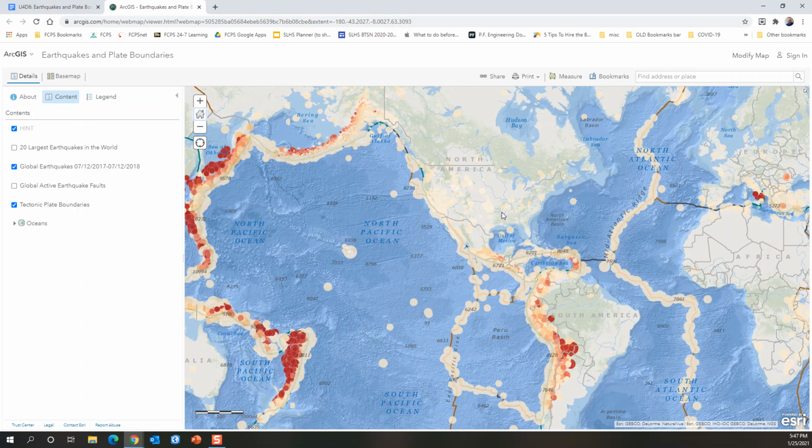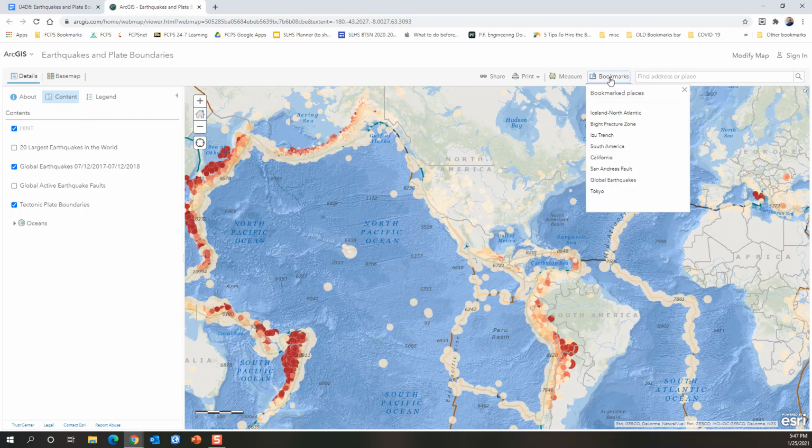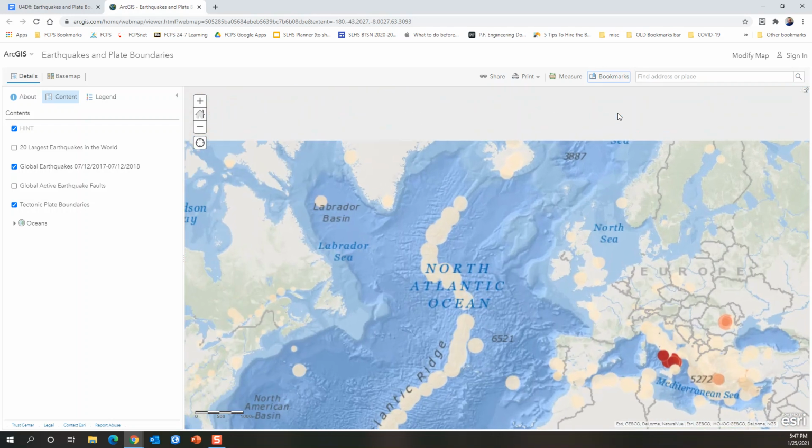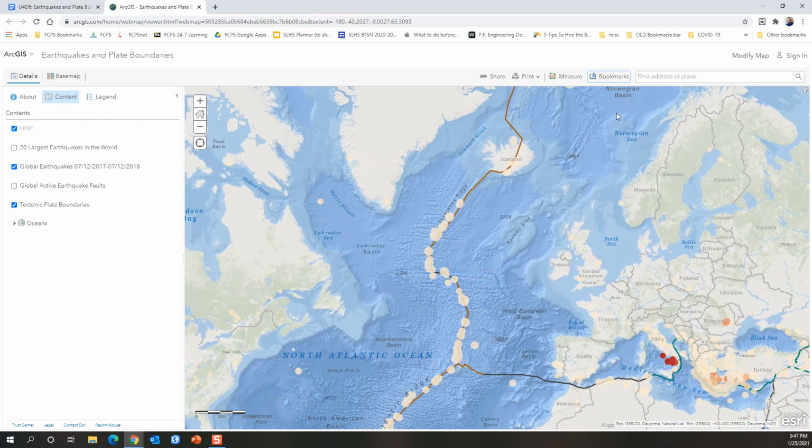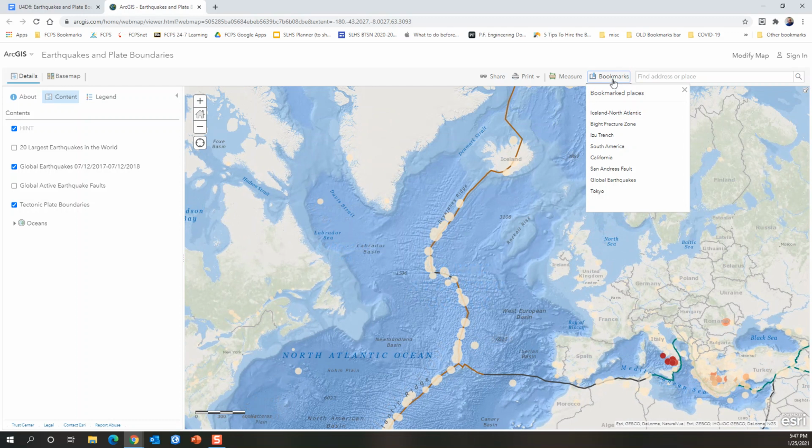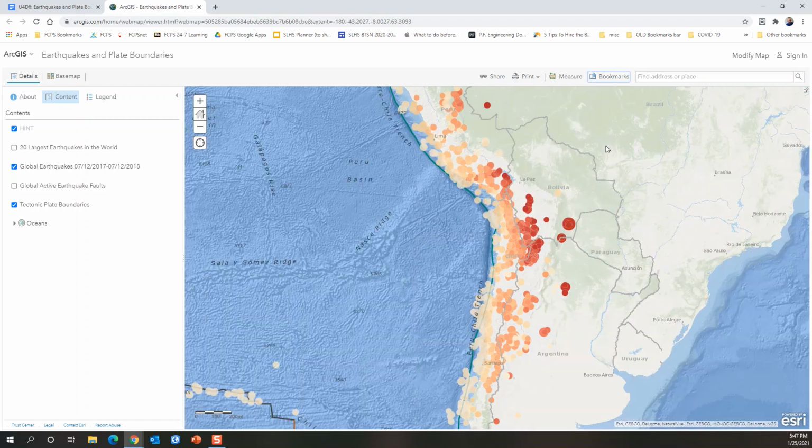Let's try following a bookmark. If you wanted to go to, let's say, Iceland, click on the North Atlantic Iceland, it'll fly you to Iceland. Or you need to move maybe to South America. So in the lab, it will ask you to click on bookmarks to take you to different stations to complete parts of the assignment. And if we were to go into, say, Tokyo,